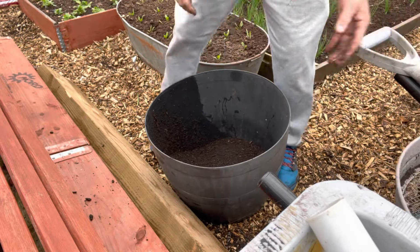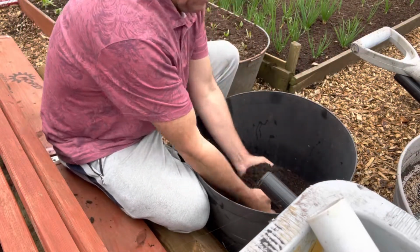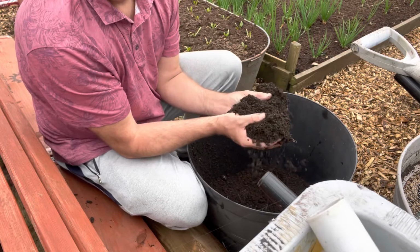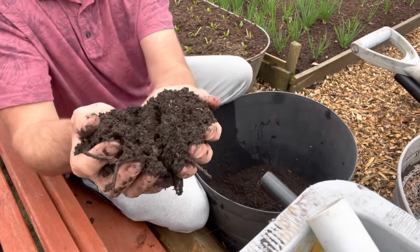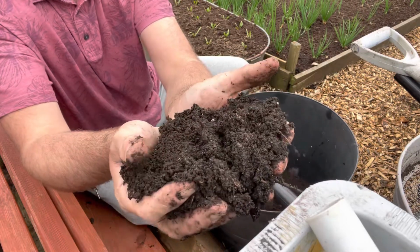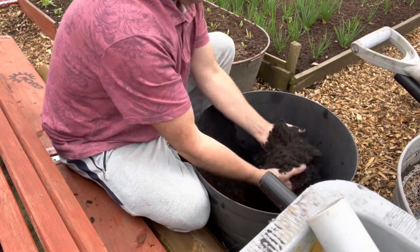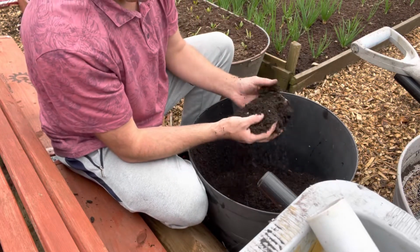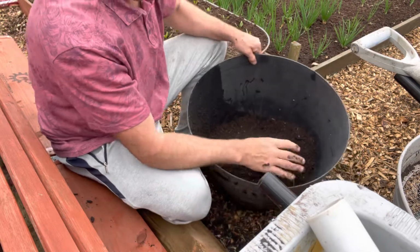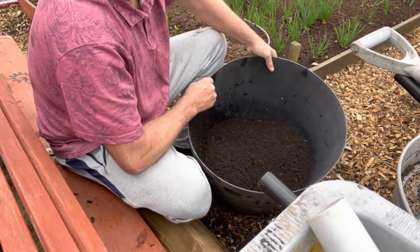So, what are we left with? Look at this now, right? Isn't that just absolutely divine? So, all this compost, there's a quarter of a bucket in there already. So this will be